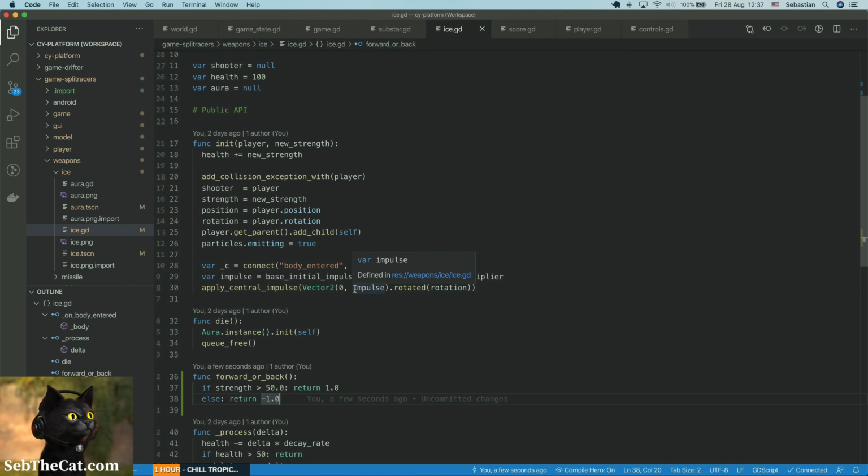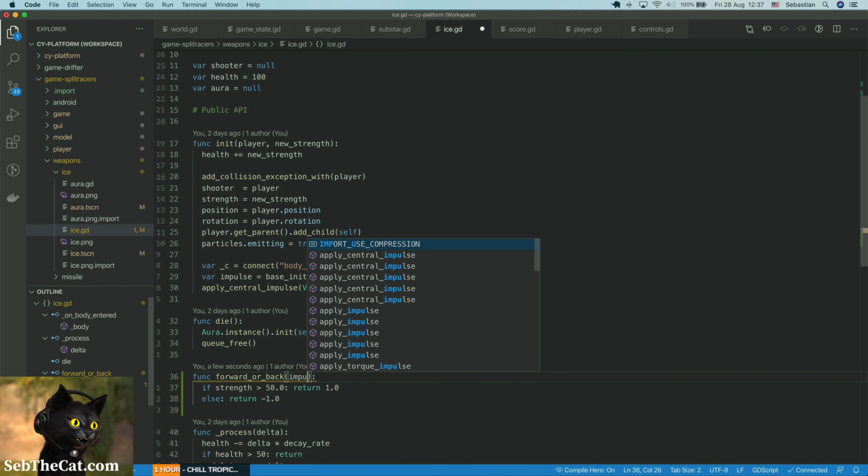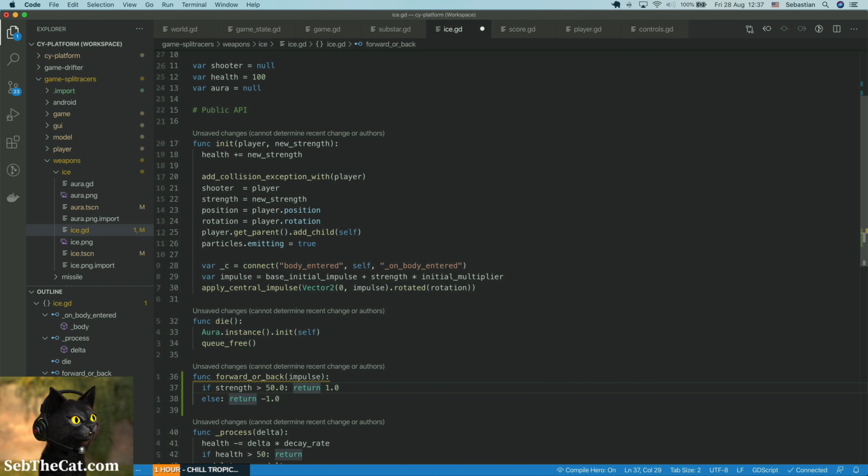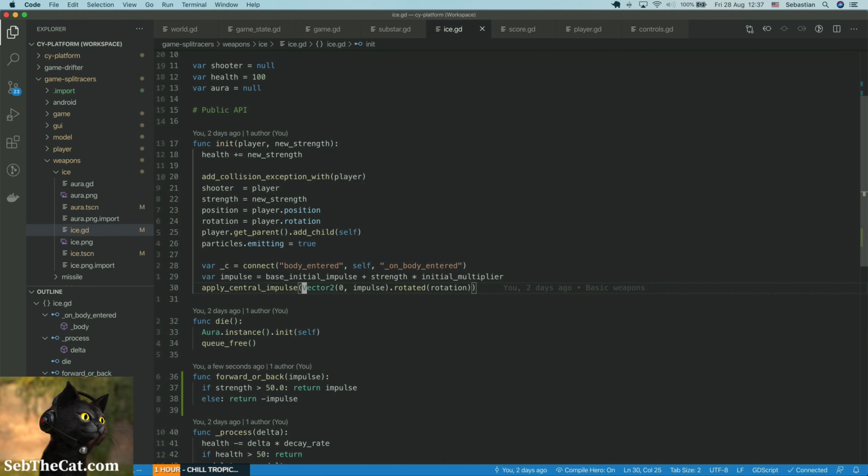And then, actually, we will say impulse. We just return the impulse, otherwise return negative impulse, right? And then here,